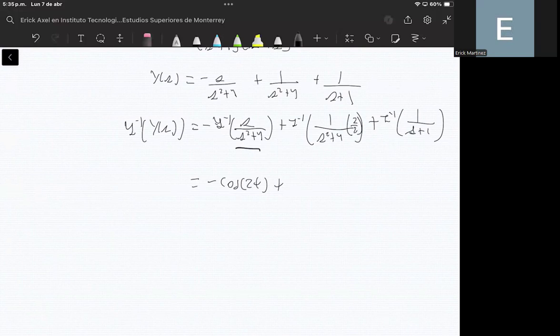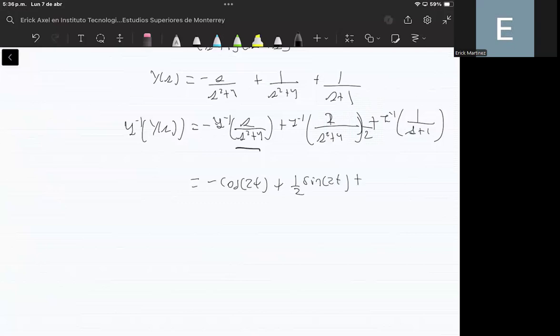So we can multiply the numerator and the denominator by 2. I will erase this part only to be clear about this step. So we have here 2 and 2. And if I introduce these 2 inside this transformation, now we can apply directly the inverse Laplace transform of this term, that is 1 over 2 times the sine of omega t, but in this case, omega is 2, so sine of 2t,